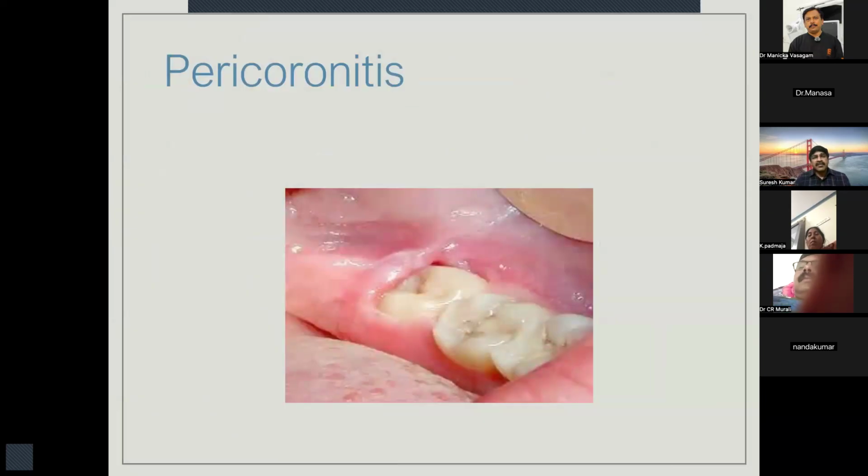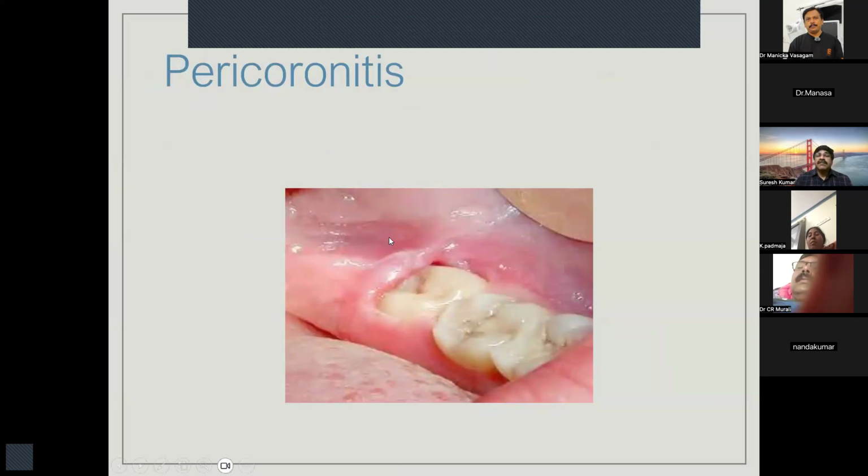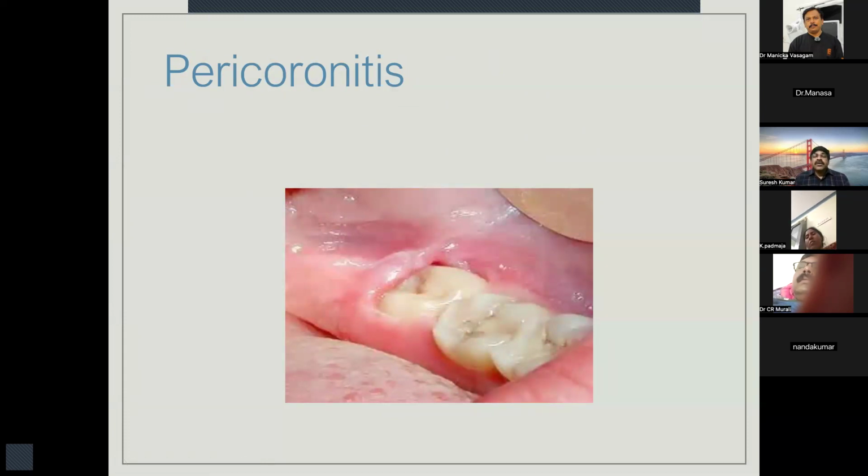Number one, the very common cause that indicates removal of an impacted third molar is pericoronal inflammation. You can see in this picture how badly it is inflamed all around the impacted third molar. In this case, the patients will also ask you, can you leave it for some more time, and it can actually erupt on its own? So it's a good question.